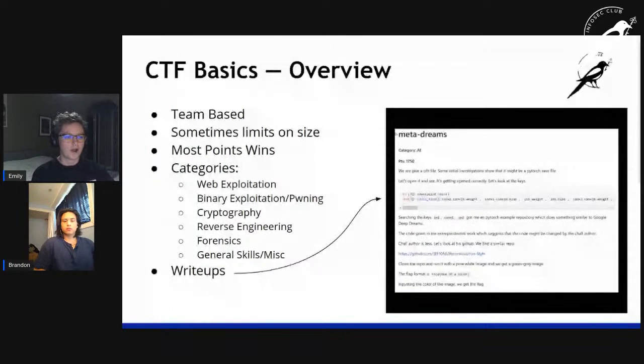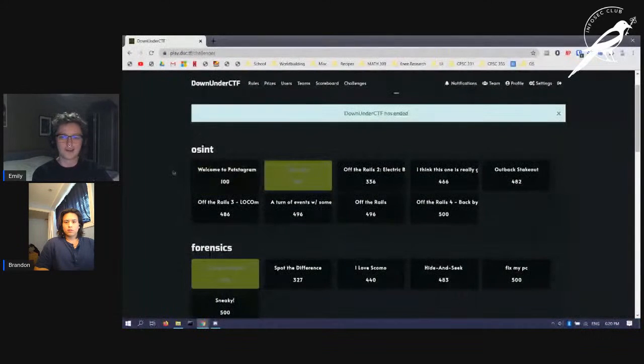So on the topic of those strings, I'm going to pass it off to Brandon in just a second. But first of all, I want to give you guys a real example of what some CTFs look like. So you might have noticed that we were talking a little bit on the Discord about playing a CTF last weekend. It was called Down Under CTF. It was hosted jointly by a bunch of different universities in Australia, basically student clubs just like ours. And they put this event together, and it was really cool.